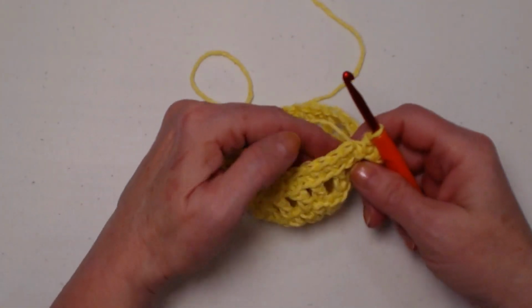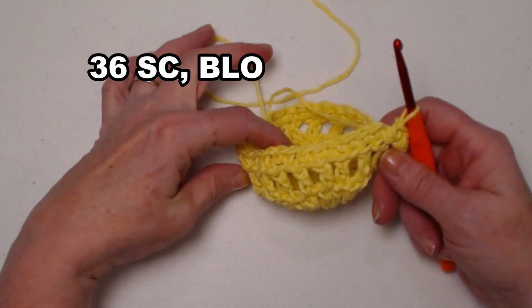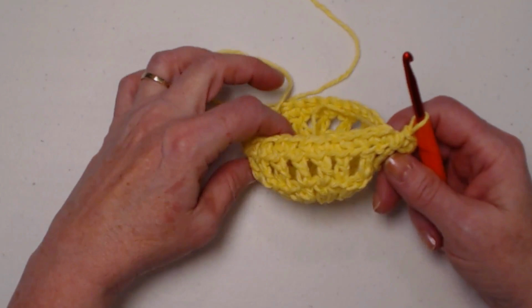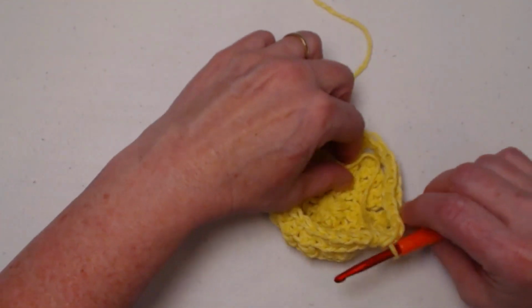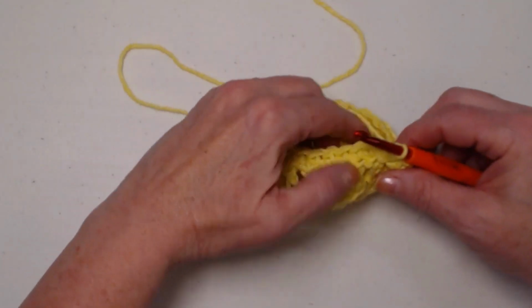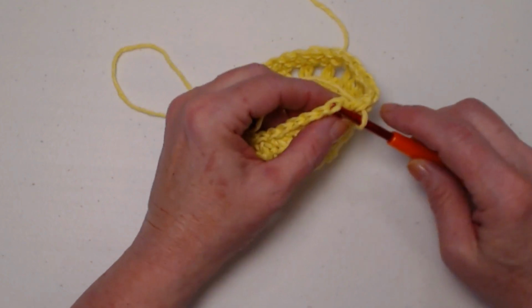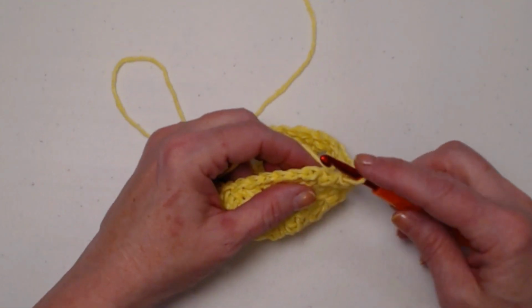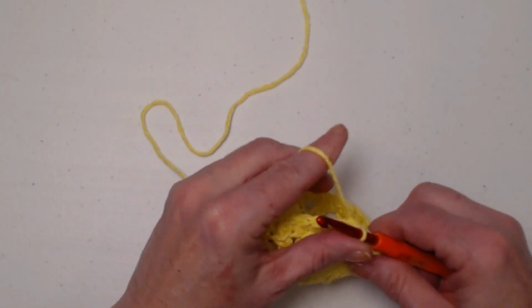So I've stitched 1 single crochet in each of my stitches around, working in the back loops only. And again, you'll see that line down here where we didn't stitch in those front loops. All right, now we're going to join to the first single crochet. If you join to the chain 1, you'll add an extra stitch, and we don't want that. So we'll join to our first single crochet,